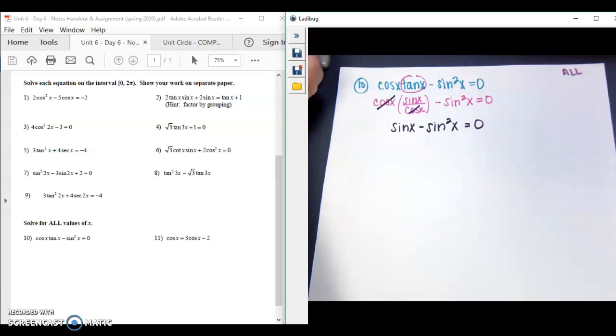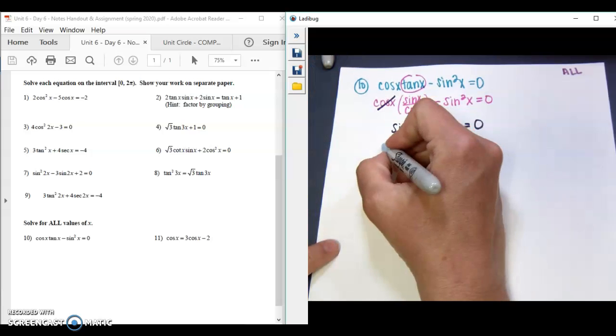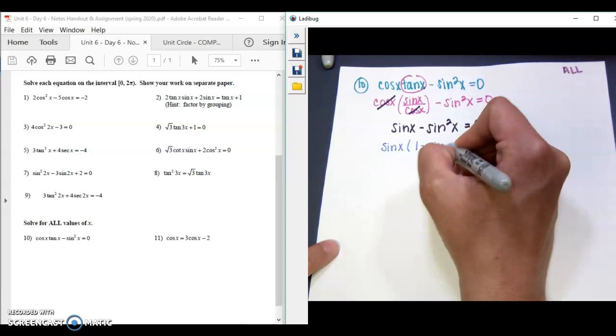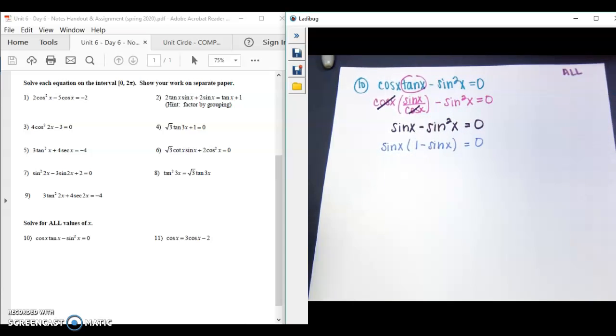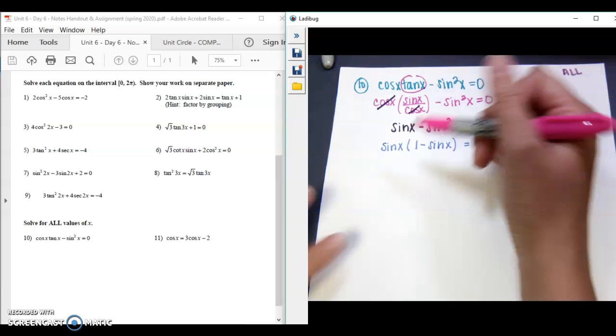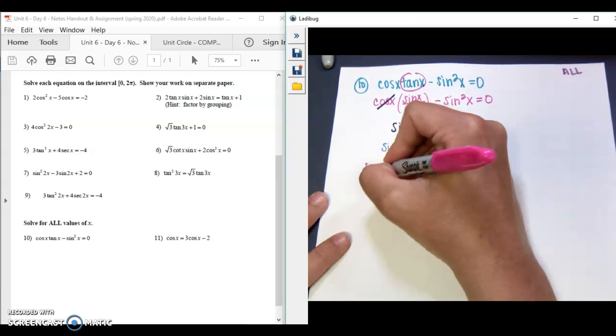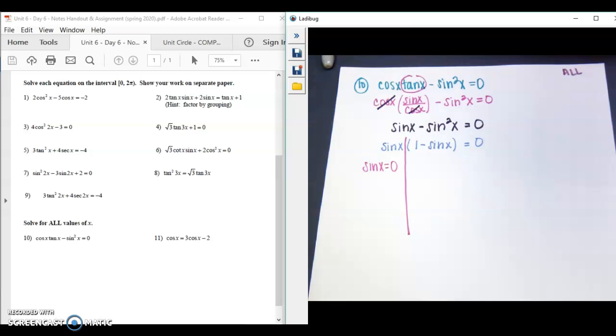Alright, so because we just have the 2 functions, we can just take our GCF of sine x. And if you notice, we are just working with x, so we're not going to have to do the 2 rounds or anything like that. So if I set them equal to 0, you're looking for all the places on the unit circle where